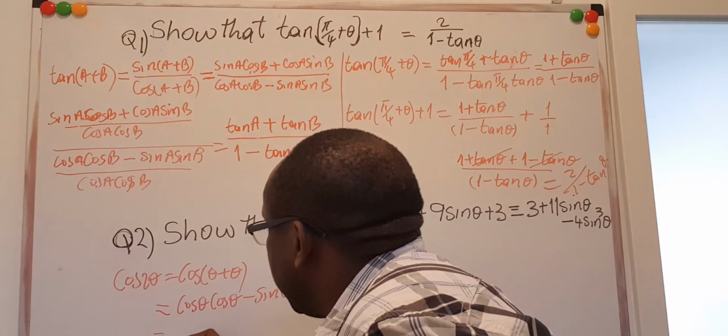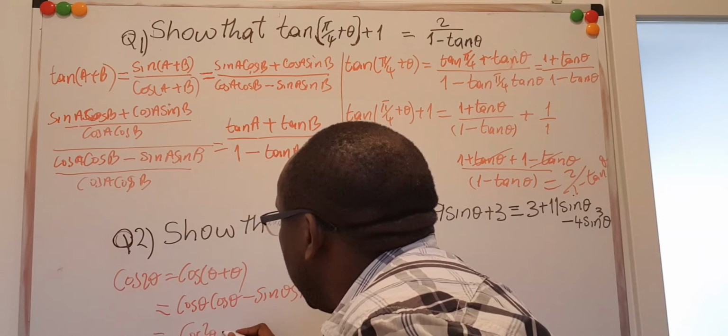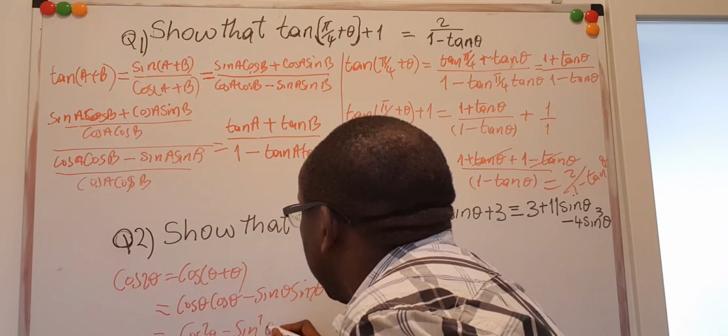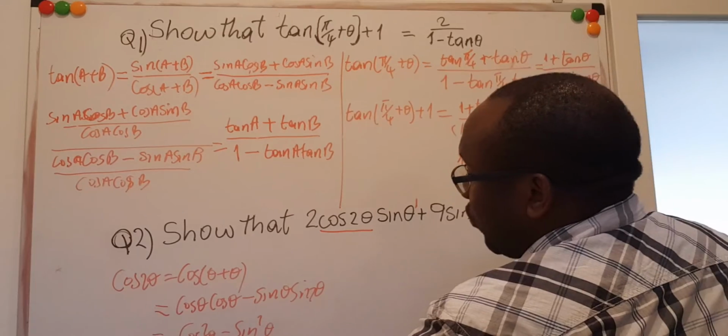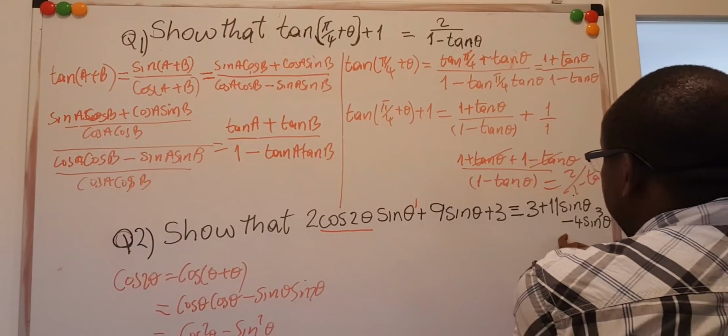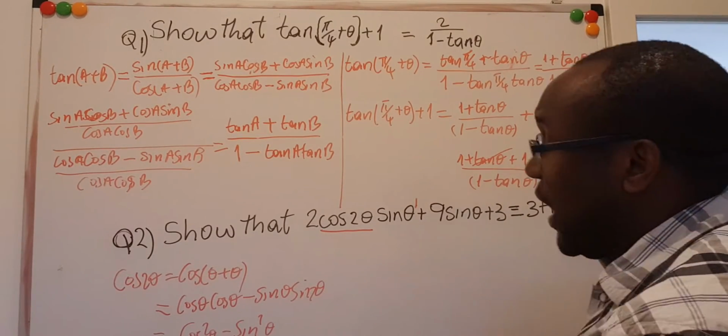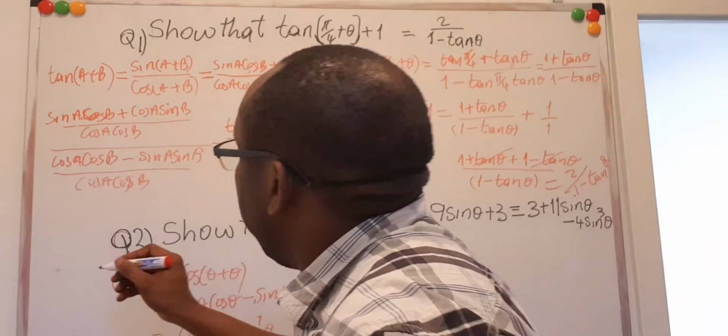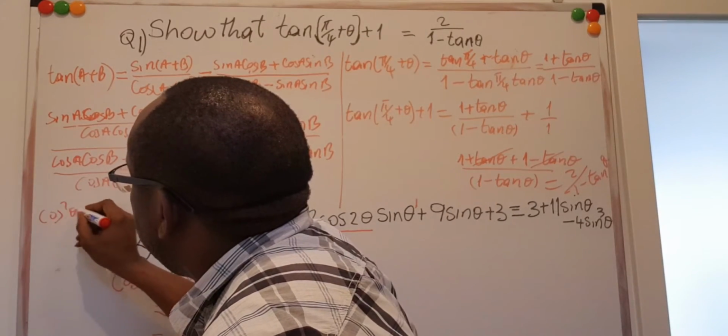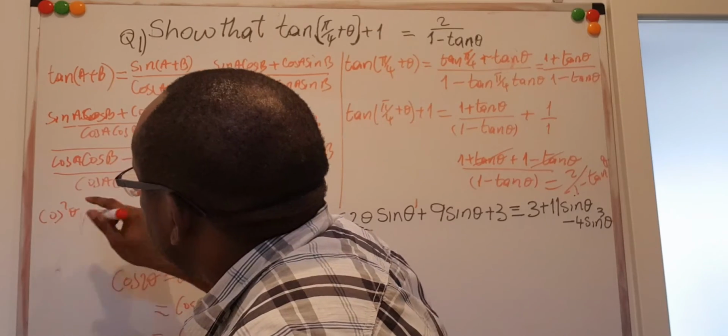This is twice, so this is a square. Minus sine squared. I have cos here, but I don't want it because my right hand side has only sine. So from the identity we know before,